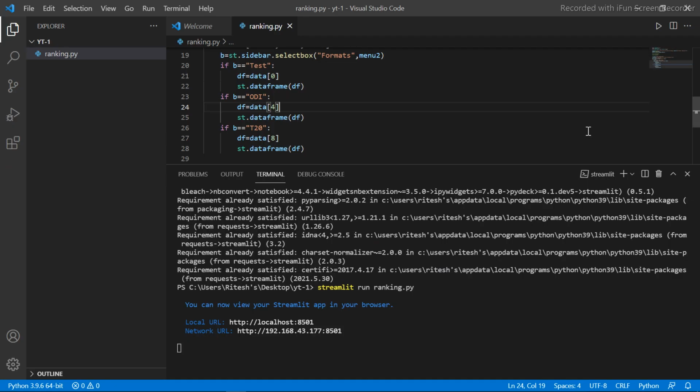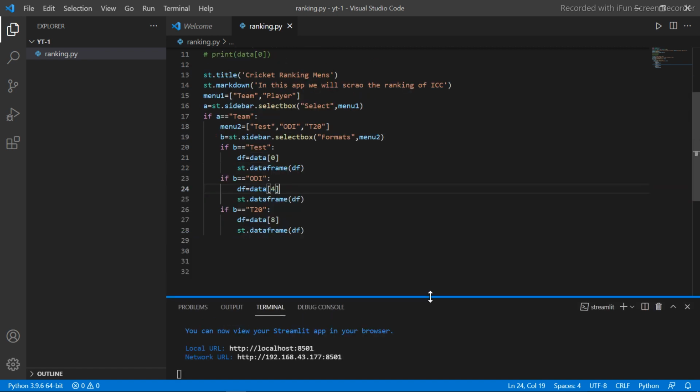team ranking. Now the rest part is for players. So